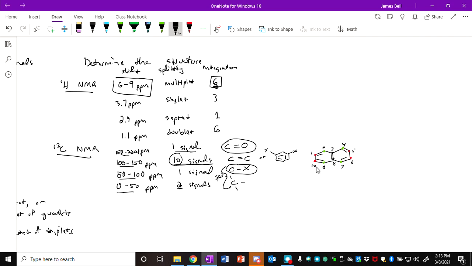So if this weren't substituted, it could hold 1, 2, 3, 4, 5, 6, 7, 8 hydrogens. So that probably implies that this fused aromatic system of 2 benzene rings fused together probably has 2 things substituted on it. I don't know where, but if there was nothing substituted on it, there would be 8 total hydrogens